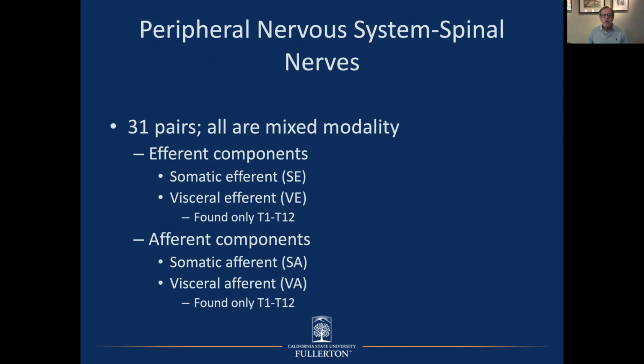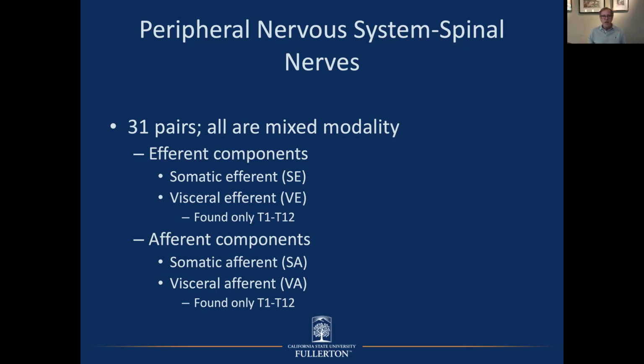All right, now when we go to the same sort of information, but pertaining to the spinal nerves, again, there are 31 pairs of spinal nerves, as you know. They're all mixed modality. With the cranial nerves, some of them are mixed, some of them are single modality. Spinal, they're all mixed modality. And again, we have the efferent and the afferent components because our spinal nerves are carrying information out from the central nervous system to give commands to effector organs, and they're getting information back to the central nervous system for